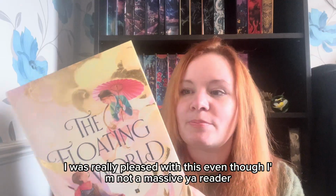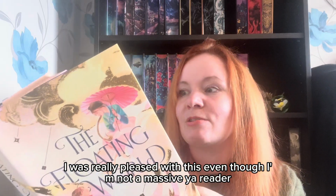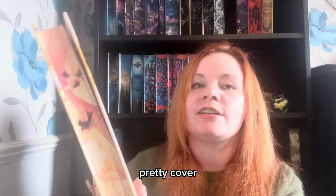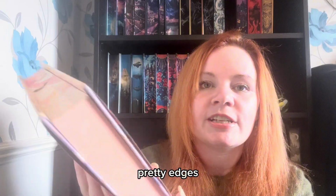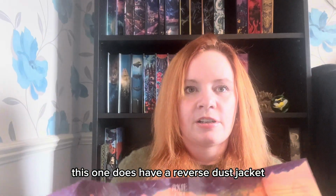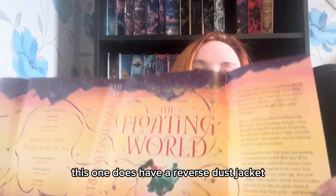And yeah, I was really pleased with this, even though I'm not a massive YA reader and I did mostly get it for the access. I just think this is a really stunning book. Pretty cover, pretty edges. This one does have a reverse dust jacket,